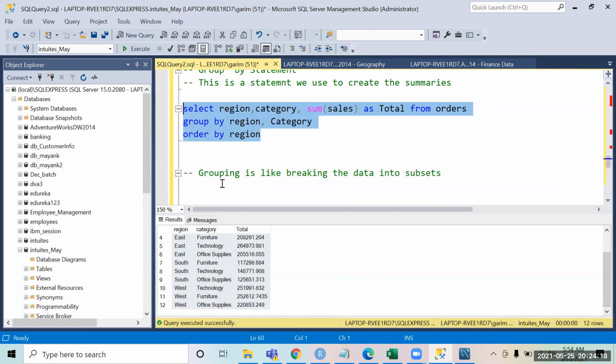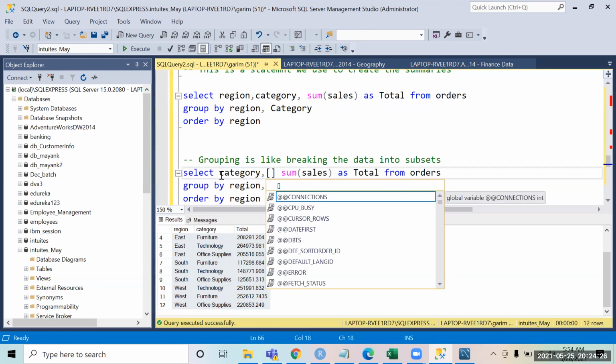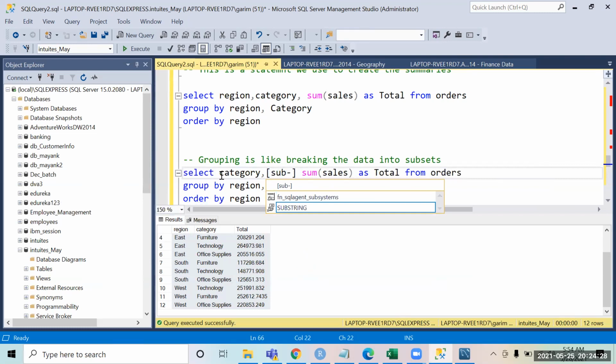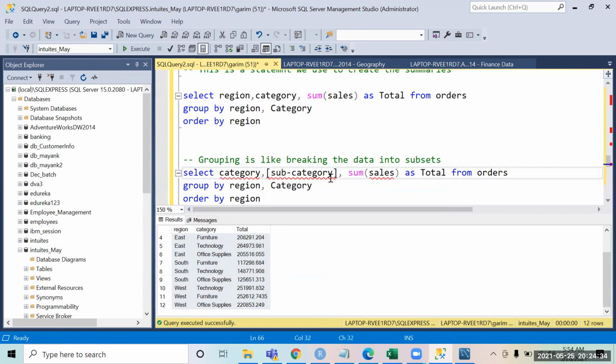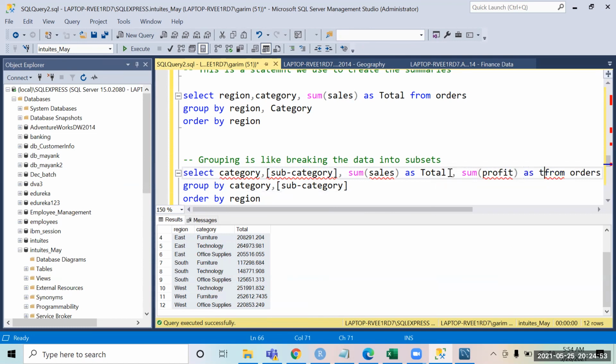So let's use this only. We want the sum of profit also as TP, total profit.